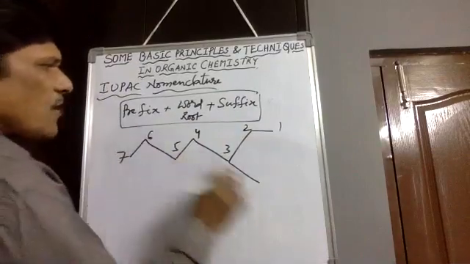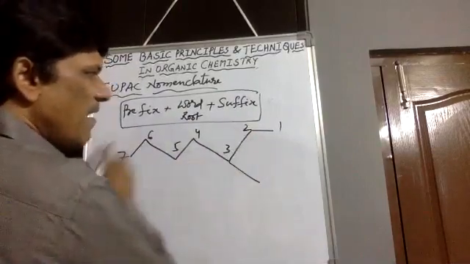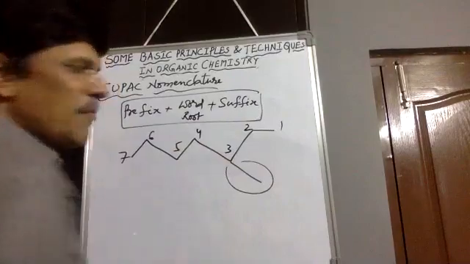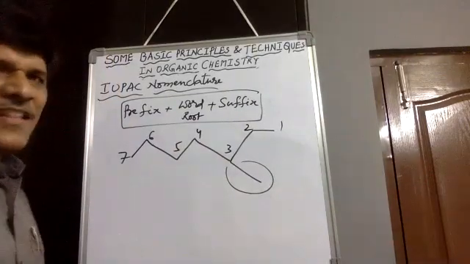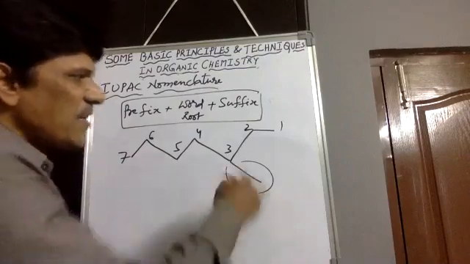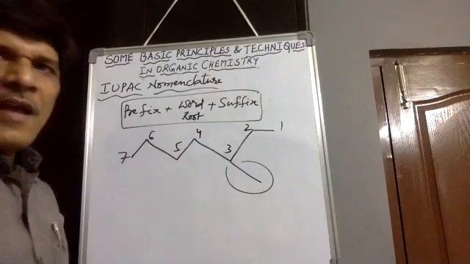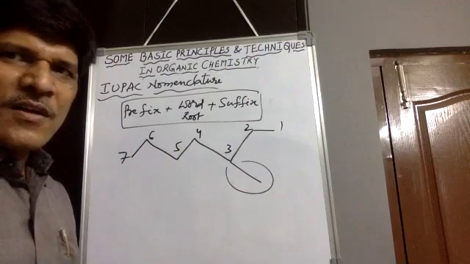But we should not give from this side, because other than the longest chain, we take it as a substituent. Methyl is the substituent on this compound. 3-methyl. Then we can take the name of this compound. 3-methyl. Methyl is the substituent, and on the longest chain, whatever groups are there come under the word root